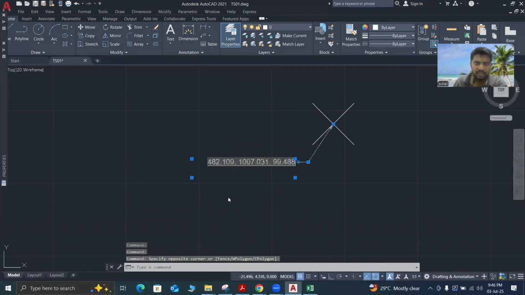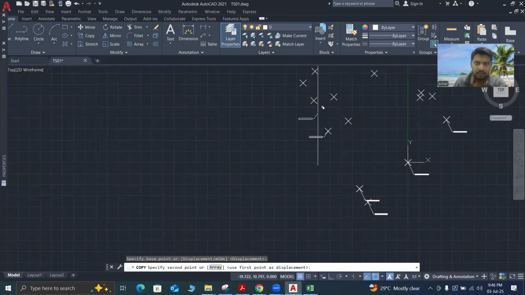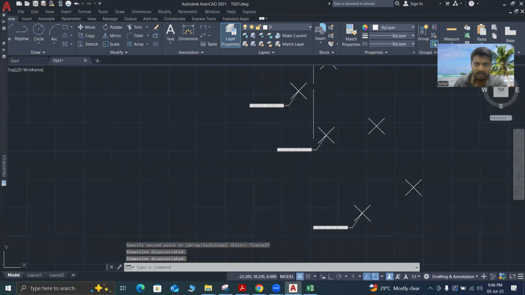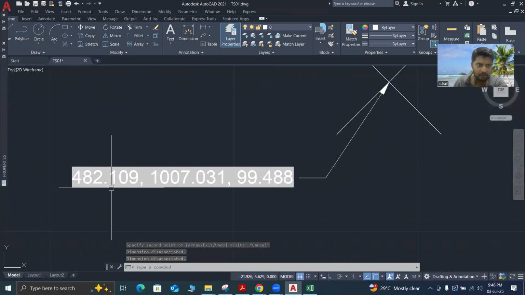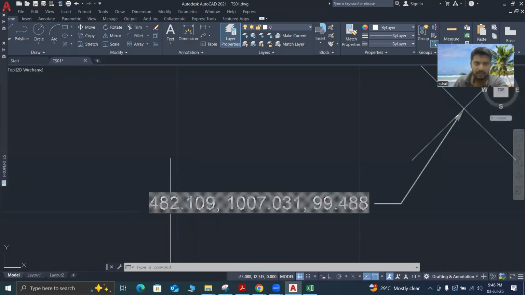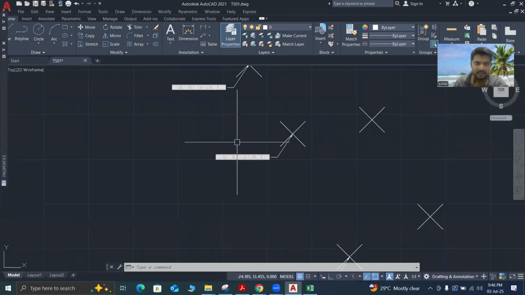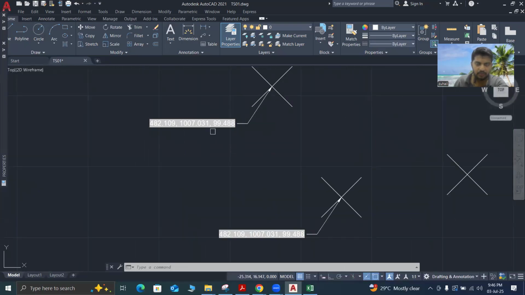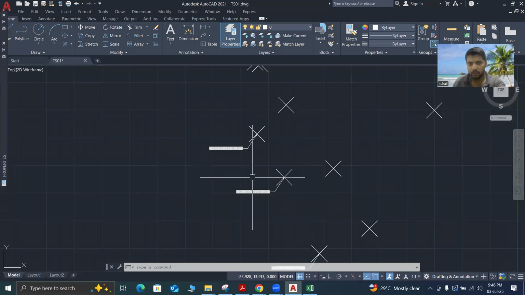I have to copy this one. Okay, and I'm selecting 3 points, but the coordinate was not changed here, copying. So the 482.109, here it was 482.109. So this is not changed. If you want to change these two particular coordinates, if you want to show the particular coordinate, what you have to do is